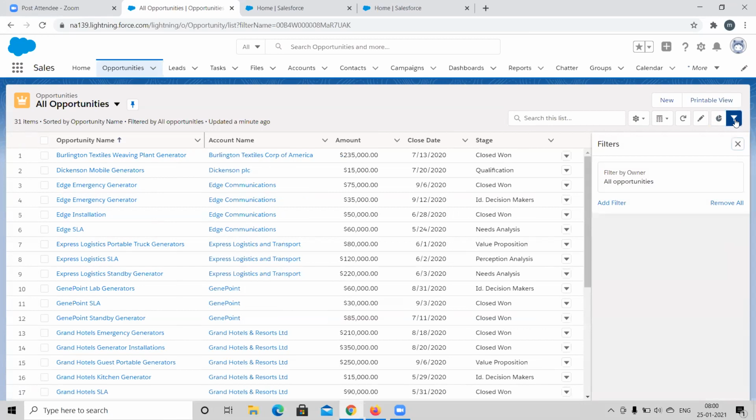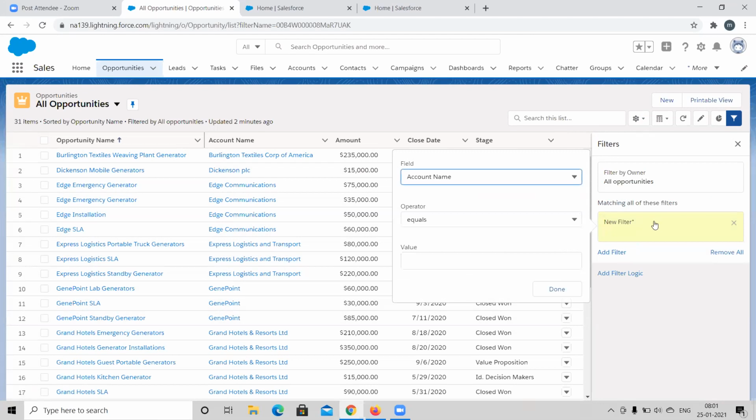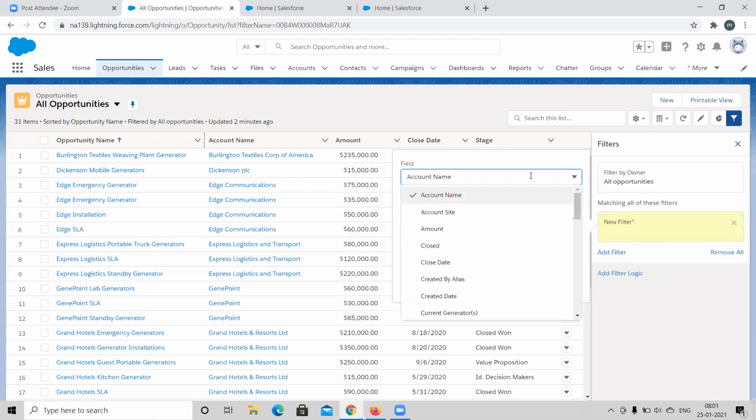And filter. So this one and this option, both are actually the same: edit list filters and filter. If you want to add any filter, like I want to see the opportunities in this list view that are closed only after, let's select a date here based on the records. Select the close date